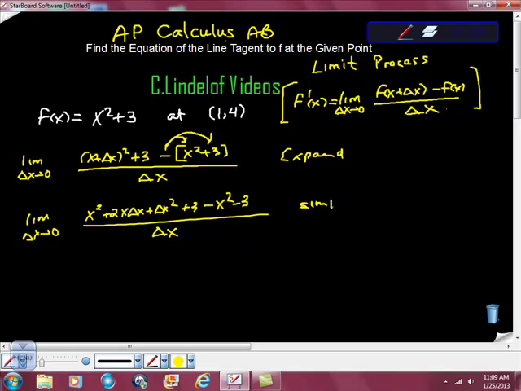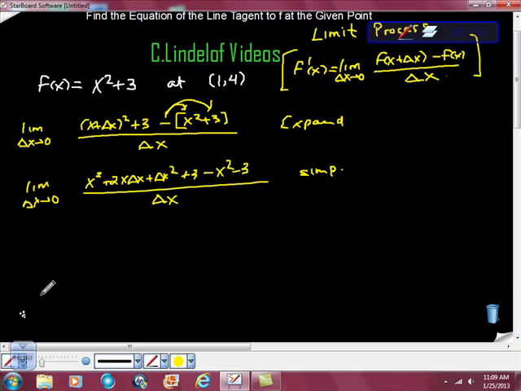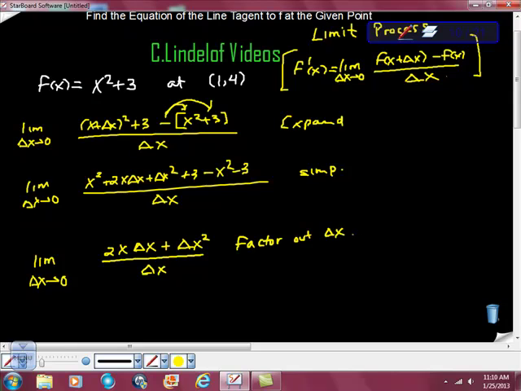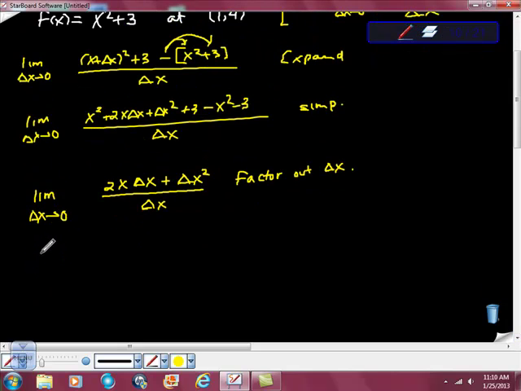From here, we're going to simplify. And as we simplify, we're just going to gather like terms. And we're going to start again. Limit as the change in x approaches 0. The x squareds cancel, so we end up with 2x change in x plus change in x squared. Everything else gets canceled out over change in x. We're going to factor out change in x. And as we factor out change in x, we're going to get the limit as the change in x approaches